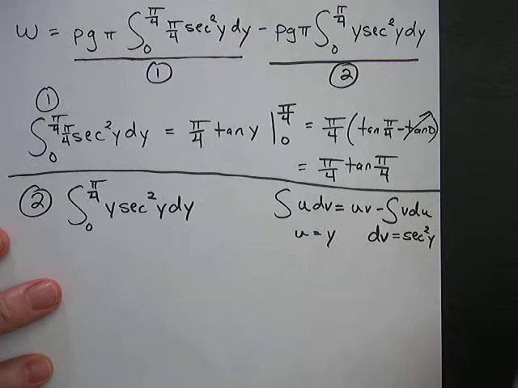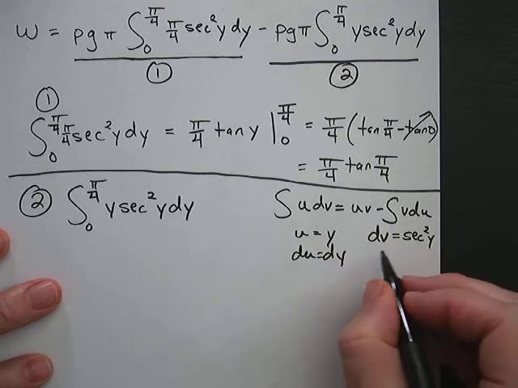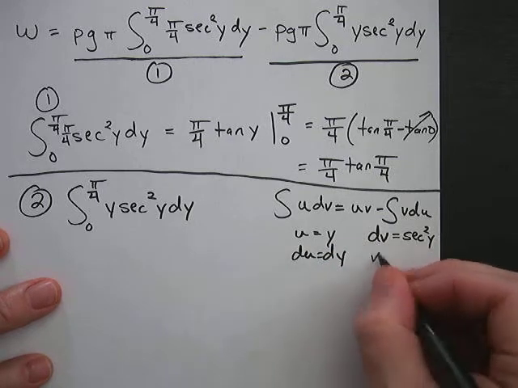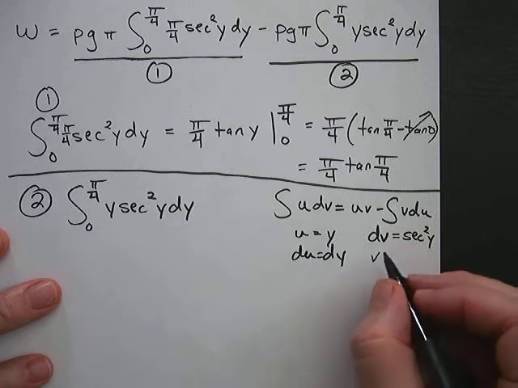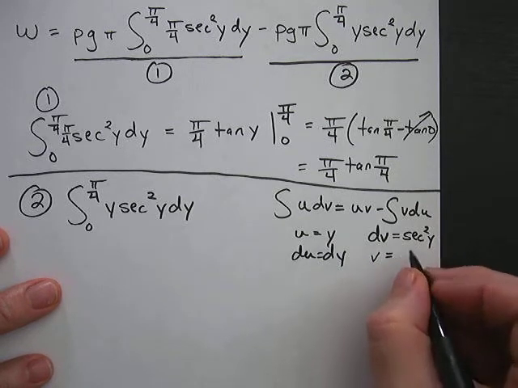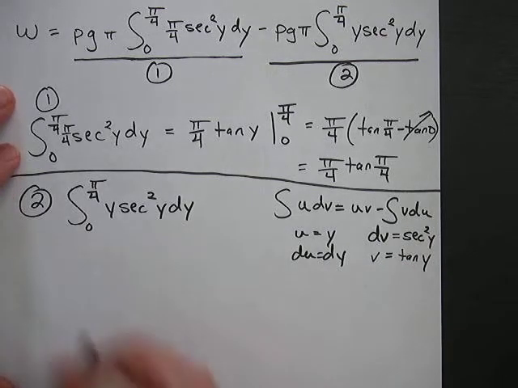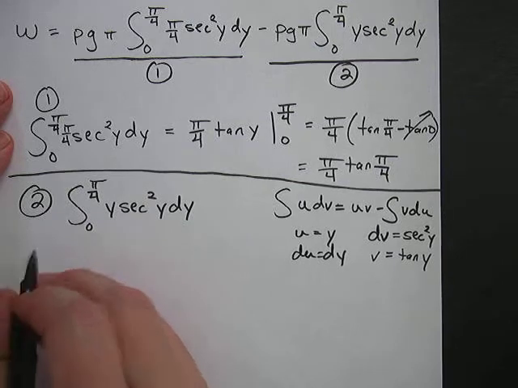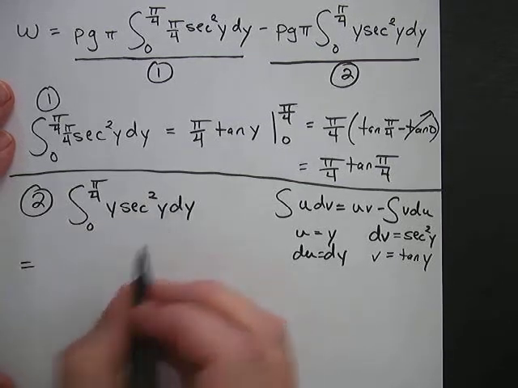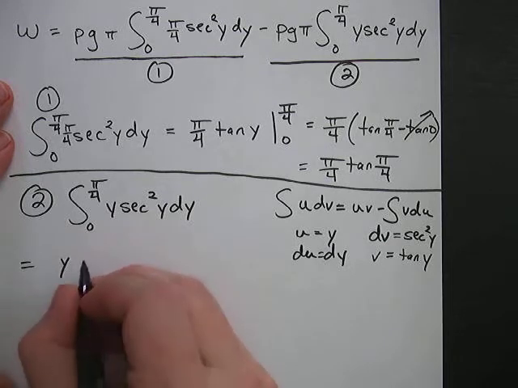Secant squared y. Okay, that means the du is equal to dy, and then that means that the dv is equal to secant squared, then the v, meaning the antiderivative, move backwards, is tangent y. Okay, so we can write that down over here. So this integral equals uv, so y times tangent y,